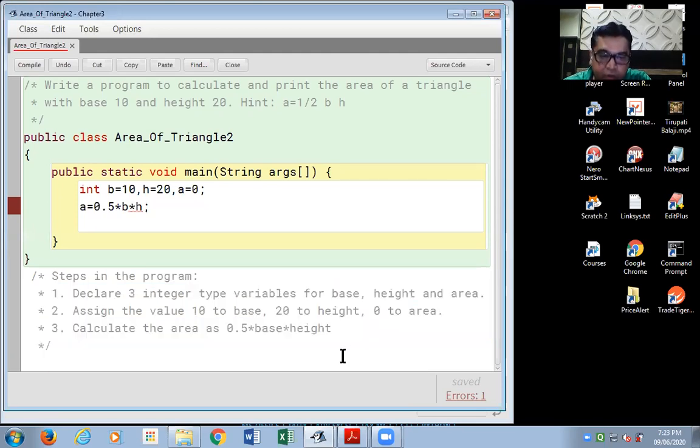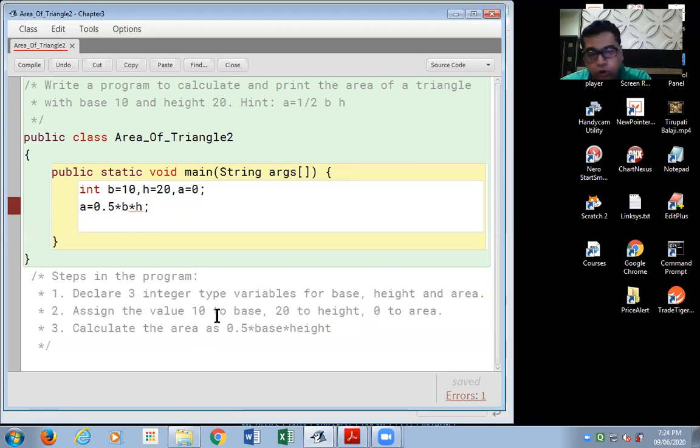Yes, that is important. Now I hope you don't get confused with the names I've used over here, base, height, area, whereas in the program I've used variable names as B, H, A. These steps are explanatory steps.